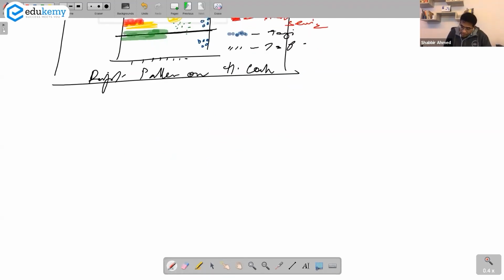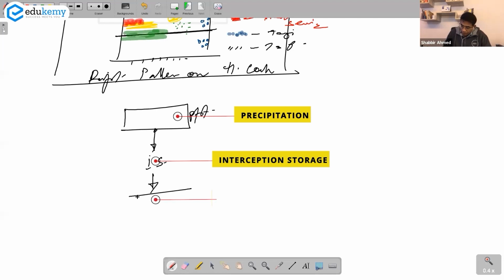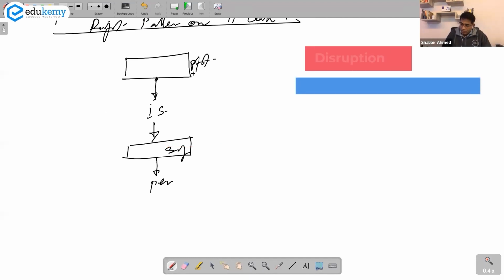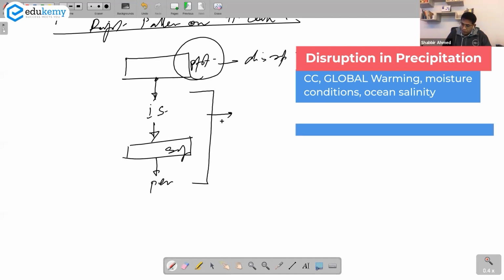So you can talk about precipitation, interception storage, stem flow. We have the ground surface flow. We have got percolation. ये याद है आपको ये वाला? इसी में दिखा देना ना. Okay, you can show that disruption in precipitation. Okay, you can show this as